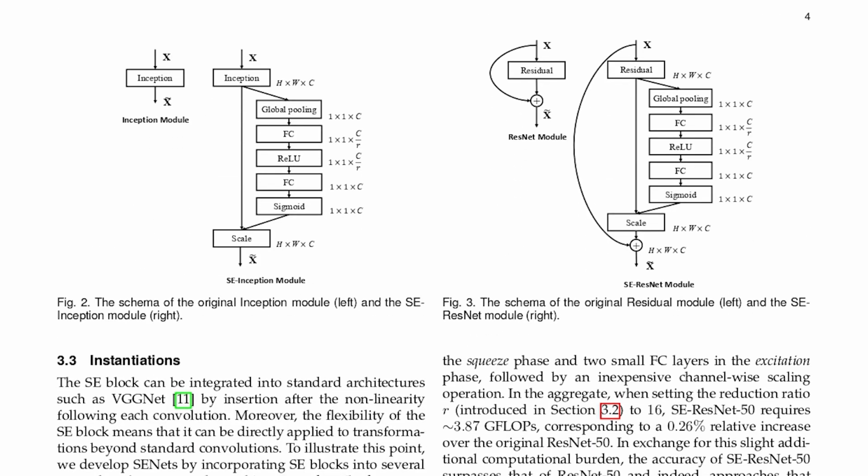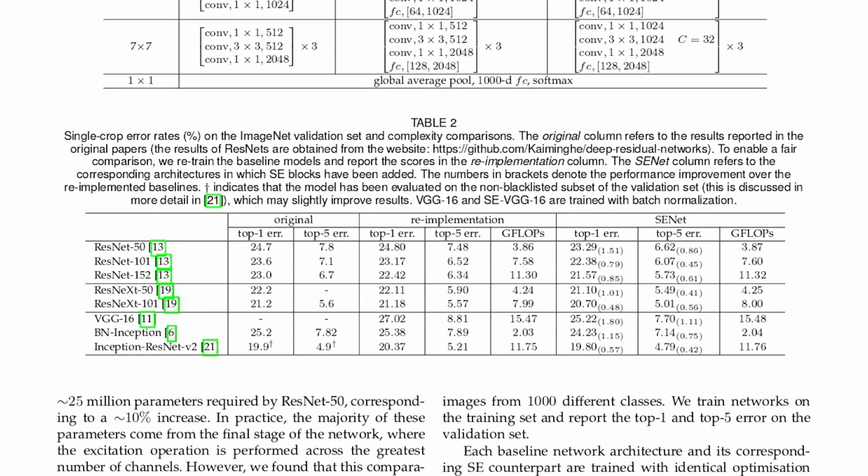This is achieved through a two-step process. First, the network squeezes the global spatial information into a channel descriptor using global average pooling, effectively capturing the overall context of each channel. Then it excites these descriptors through a learned fully connected layer that generates a set of weights, highlighting important features while suppressing less relevant ones. By incorporating SE blocks into existing architectures, SENets have demonstrated substantial improvements in performance across various vision tasks and reached